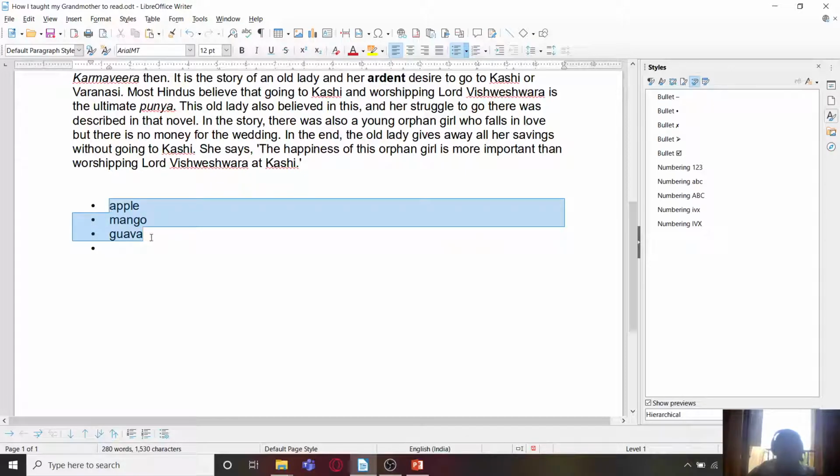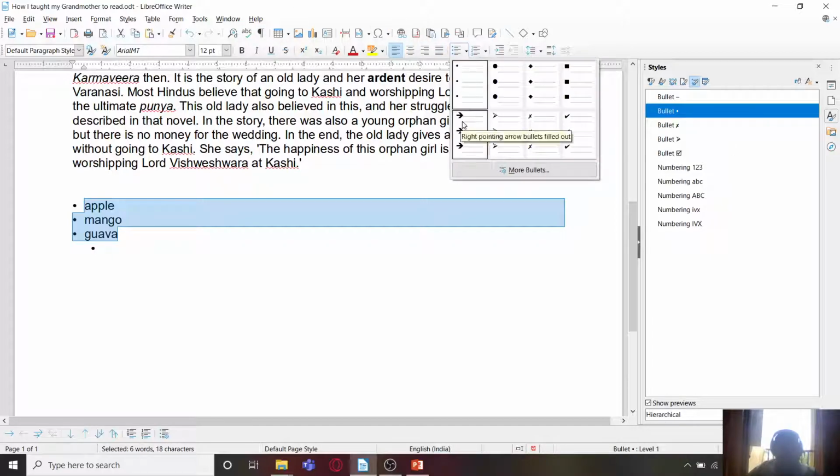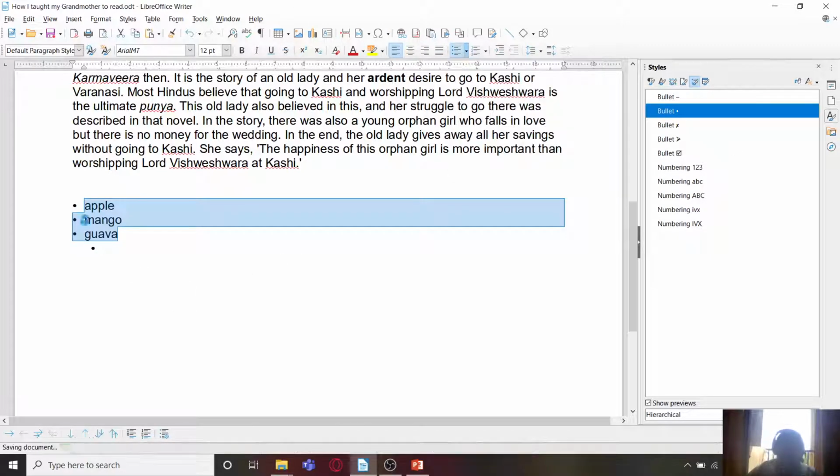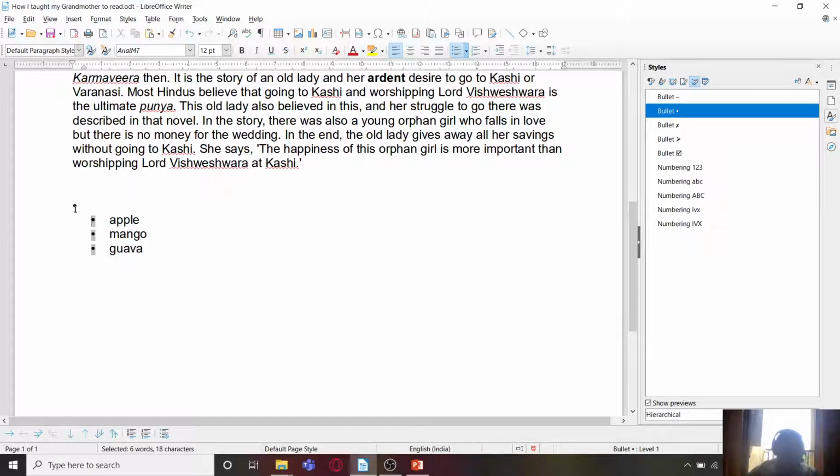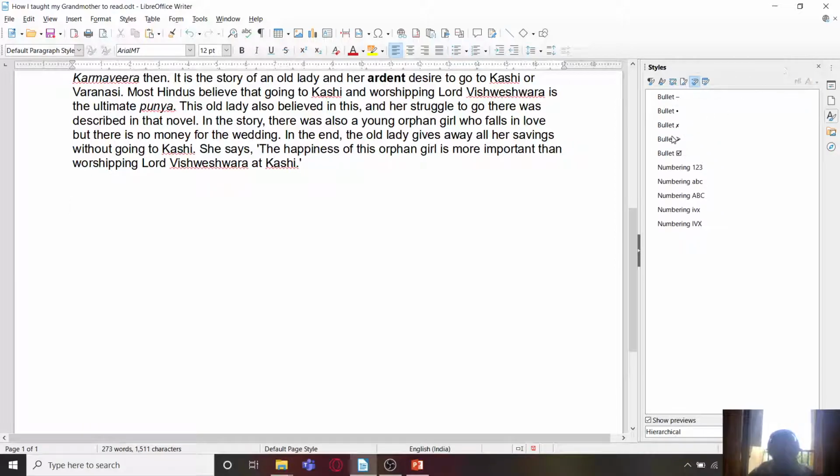I'm going to select this list and apply anything like this bullet, and you can see that it changes accordingly. Although we don't need it much because we can change it from here, we get a lot of options over here. So these are the various list styles which are available. They can be applied on bulleted lists also and numbered lists also, and table styles are there.